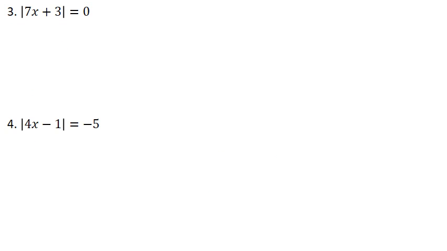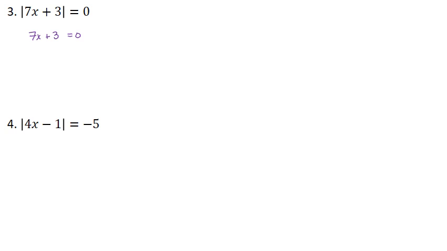All right, what about a couple of tricky problems? On number 3, it says the absolute value of 7x plus 3 needs to equal 0. Well, as you can see, the absolute value is already by itself. Now, normally we would set up two equations here, but since 0 cannot be positive and negative, the only thing you have to do on this one